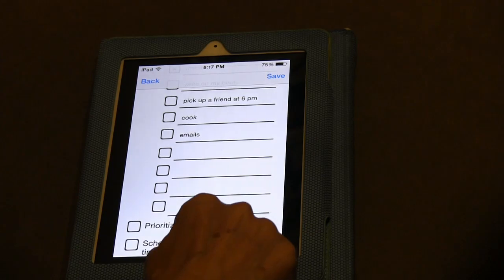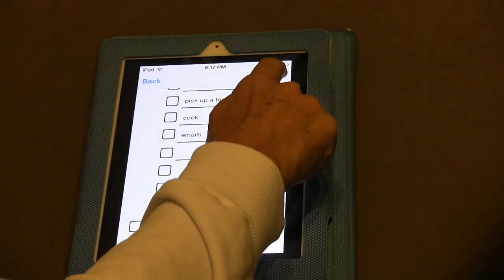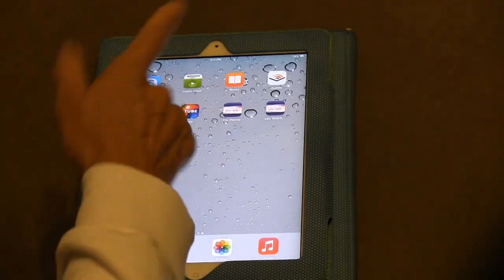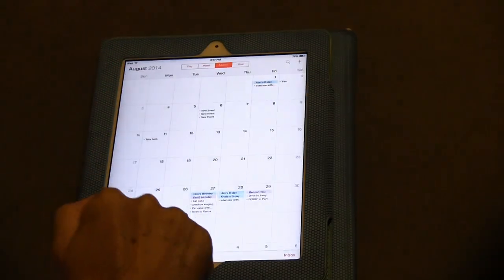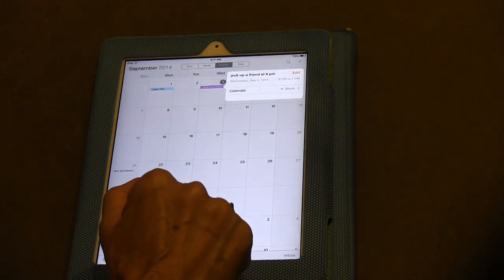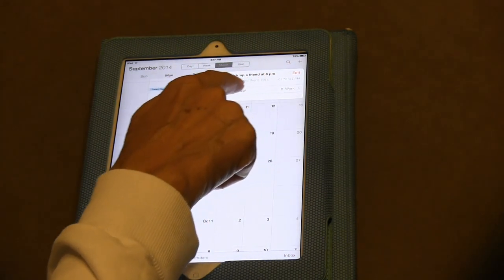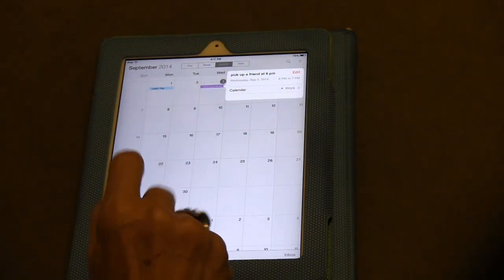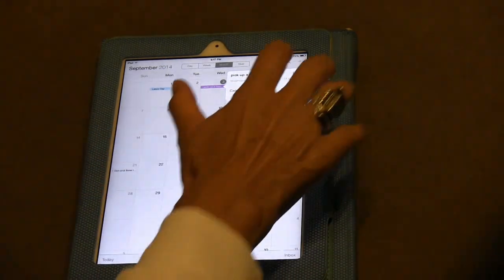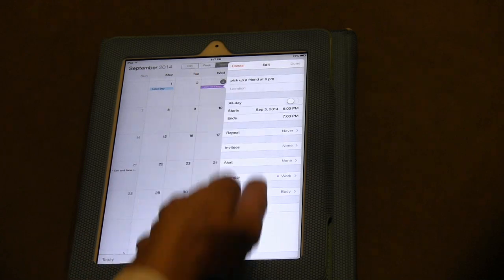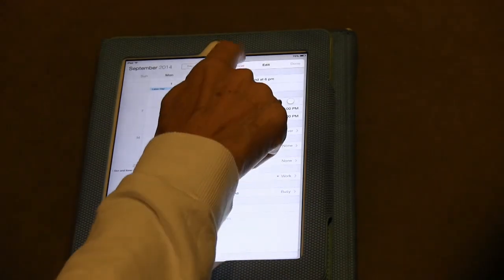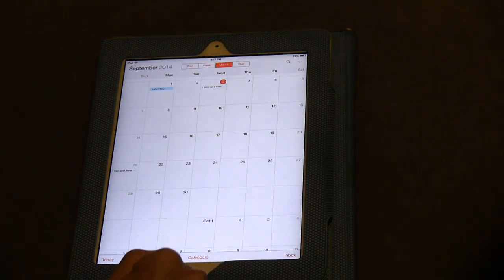Done. It's now saved. Let us save this. Yes. And have a look at our, in this case, iCalendar. For the third, I have the information: pick up friend at 6 p.m. Now I can write all the details I want: flight number, location, anything I wish. I can edit this information as iCalendar does or the Google Calendar does. When I'm done, or I can cancel in this case, I can go back